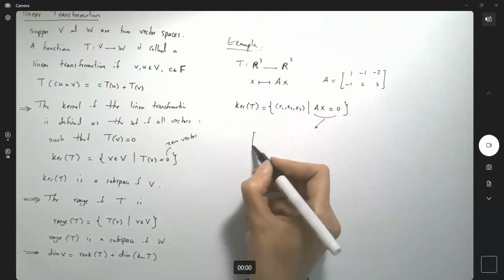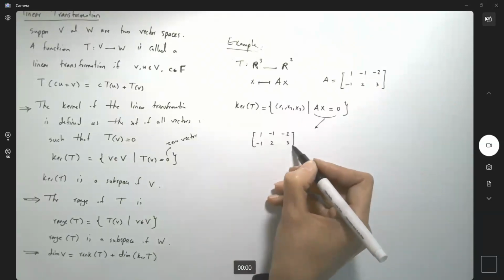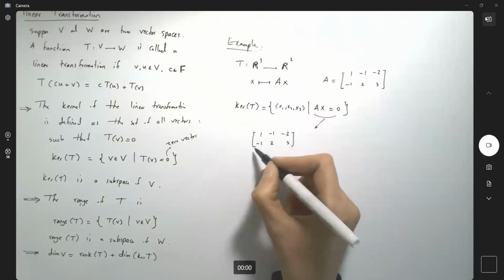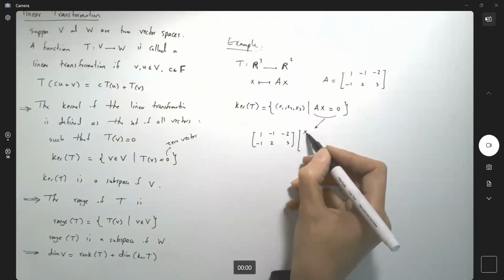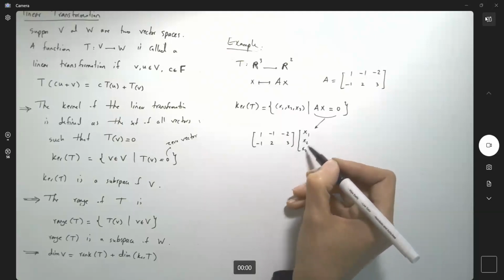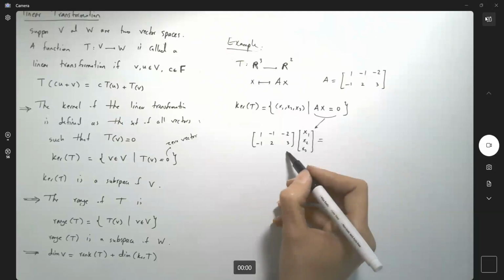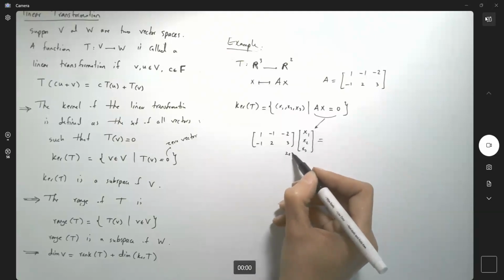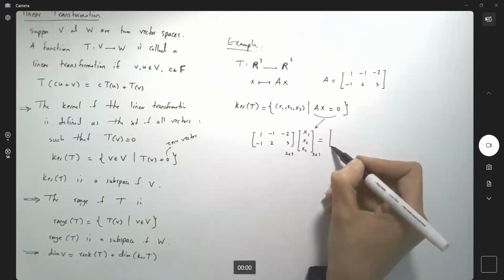Here you have the matrix, with 2 rows and 3 columns, multiplied by the column vector down here. Take a look at this: you have 2 by 3, 3 by 1, and you end up with 2 by 1,